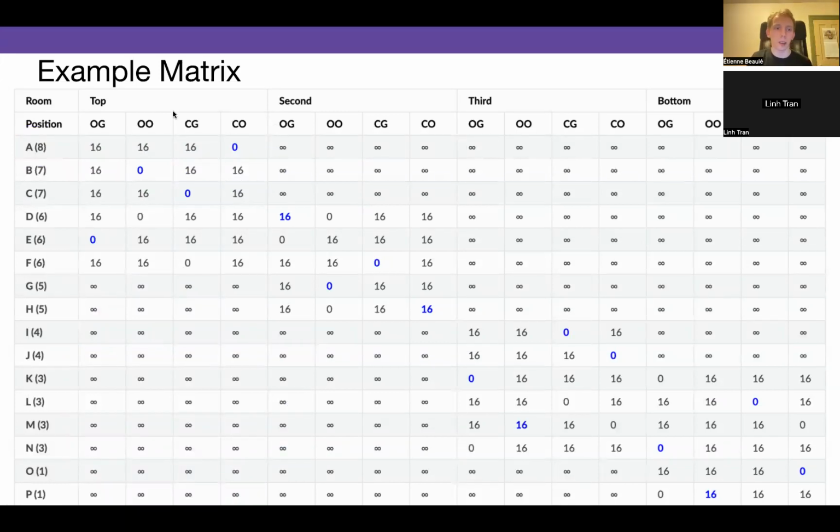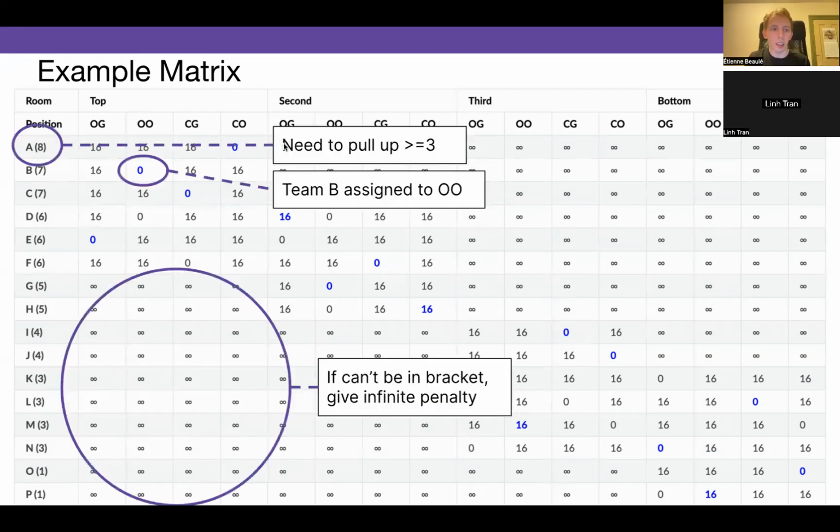So there are four brackets, and we have a good 16 teams, so even if there are 3 rounds, there's no team on 9 points, so we start with 8, and then we see that there are not enough teams on 8 points, so we'll have to pull up at least 3.